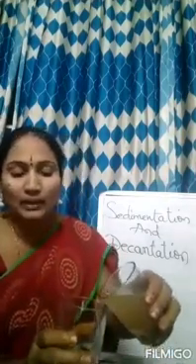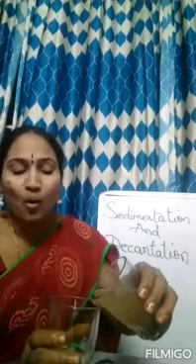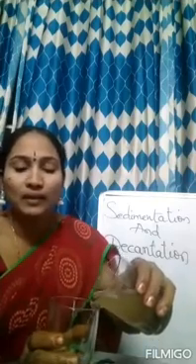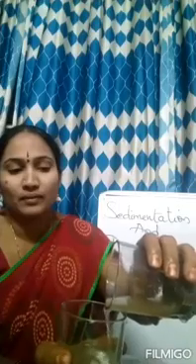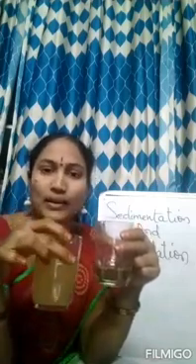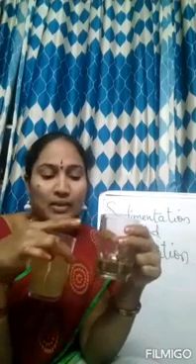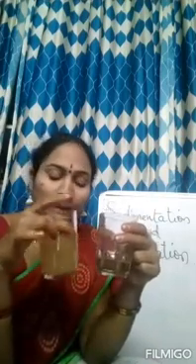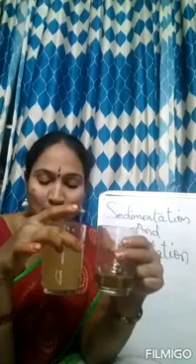What happens when you do like this? Only the water from the tumbler will fall into the other tumbler. Now you can see only water in this tumbler and sand and mud particles in this tumbler. The water gets separated from this tumbler and the sediments are in this tumbler. So the water gets separated from the sediments. This process is called decantation.